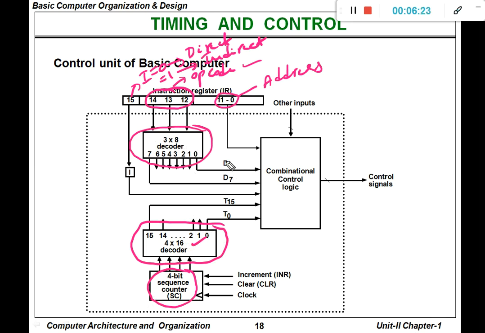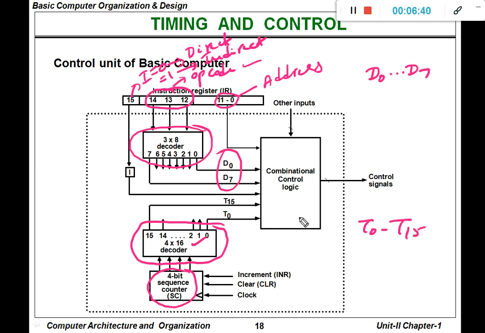Here the outputs are named D0 to D7. Here the outputs are named T0 to T15.